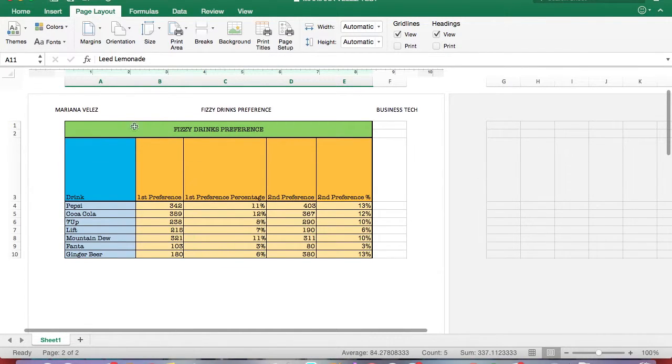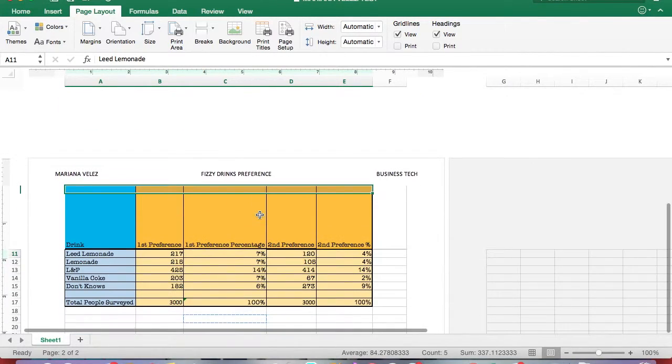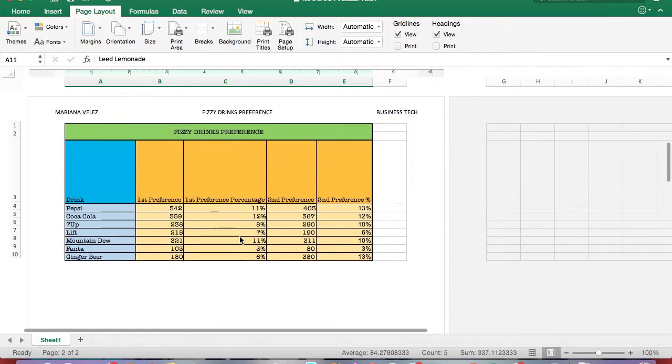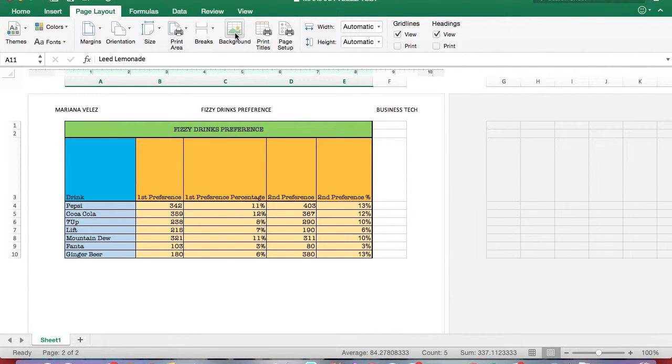Look, half of the table will be located in one page, and the other half will be located in the other page, as you can see. So you can do this when you have too many rows and you want to spread the rows evenly between the two pages. Okay, so when you go to background, you can go there and pick out a picture